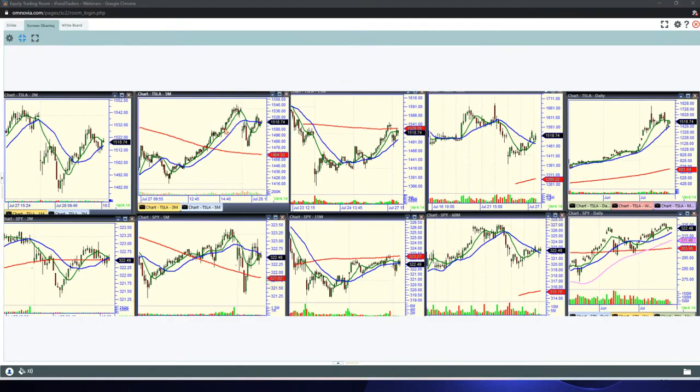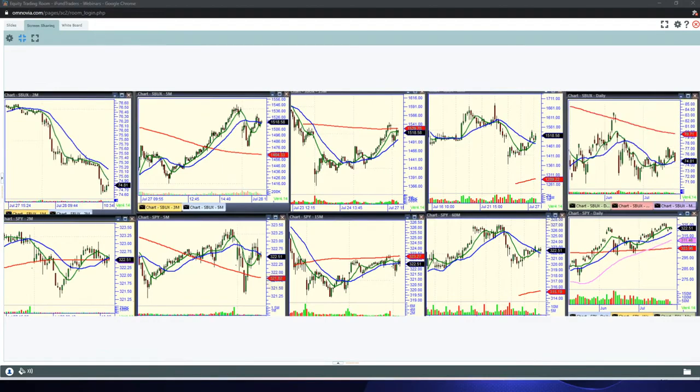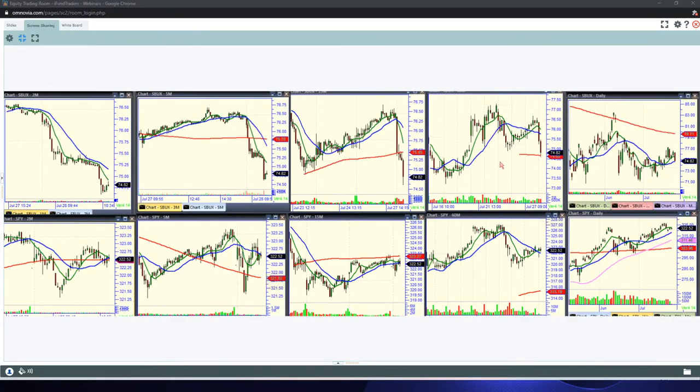I don't even want to mess with Tesla anymore. It's a little pricey now. And the only reason I'm showing you that Starbucks is it may bounce here, right? It looks like it's finally coming around, but the way I intended the trade to work, it did not, and it did not do it quick enough, so I exited.